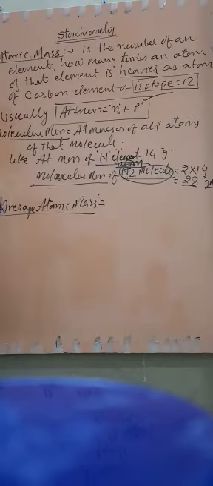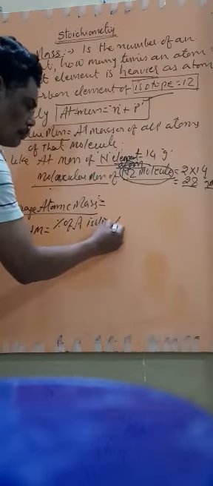Therefore, instead of using the atomic mass of any one isotope, we take the average atomic mass of all the isotopes by the formula: average atomic mass is equal to the percentage of A isotope multiplied by its atomic mass divided by 100,